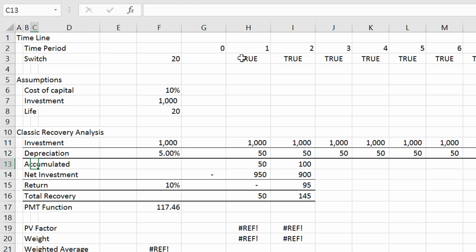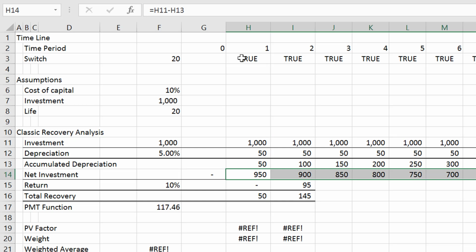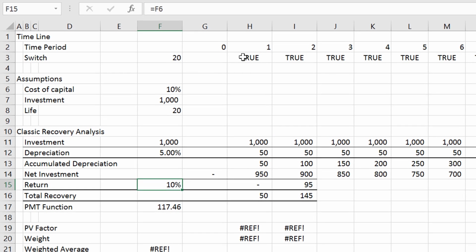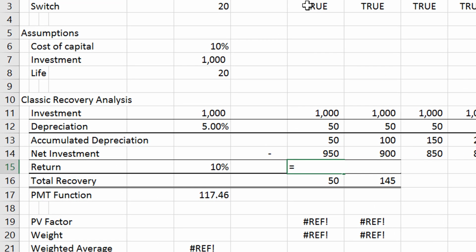And then we'll put accumulated depreciation. Okay, and we just take the last period plus the depreciation expense. Okay, and then we'll get our net investment, which is just our gross investment minus the accumulated depreciation. Okay, and we have a rate of return, and whenever we do this kind of analysis,